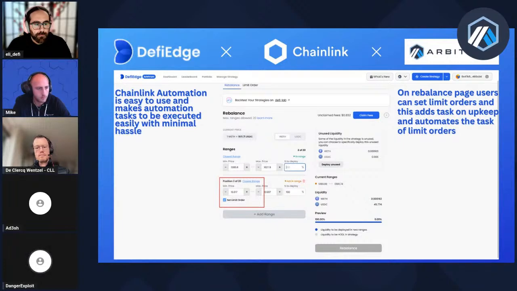And on the integration part, the Chainlink automation was quite easy to integrate. I would like Adesh, because he's the one who integrated Chainlink automation, to say just a few lines about how the process went and how easy it was to integrate. Yeah, sure. So the first thing is